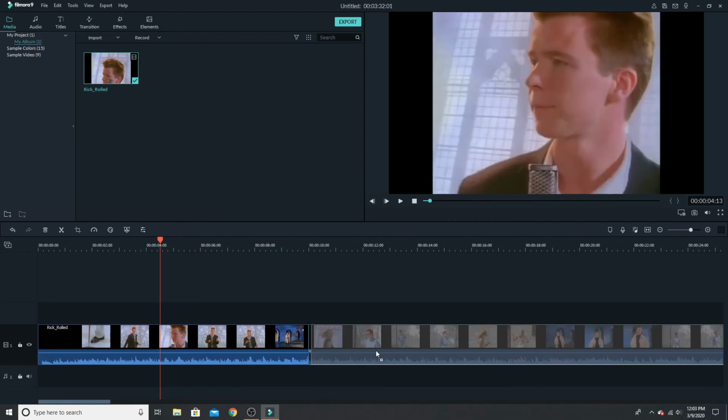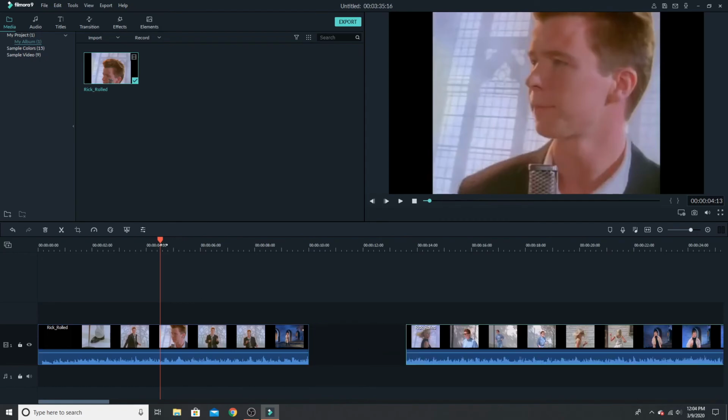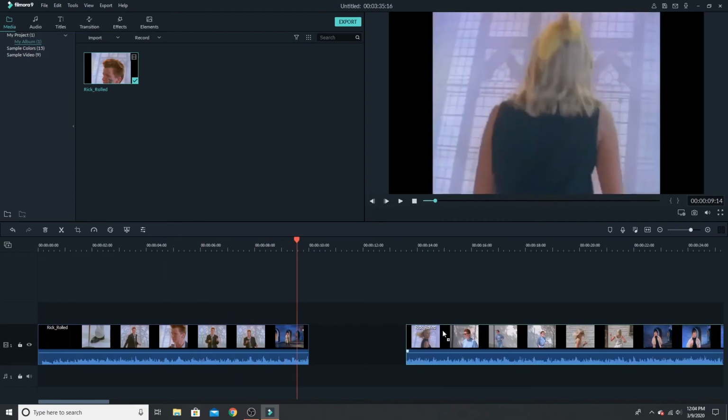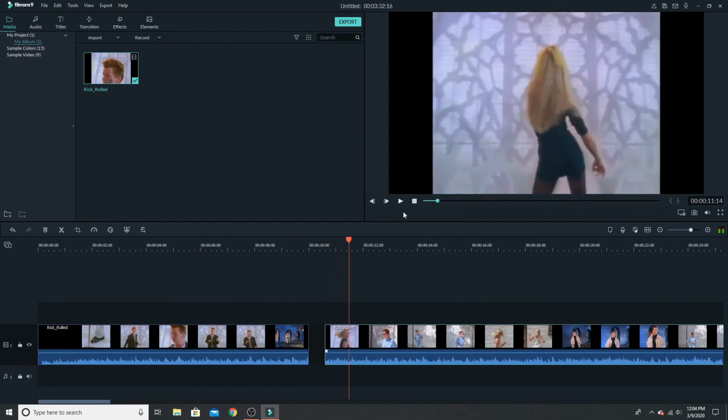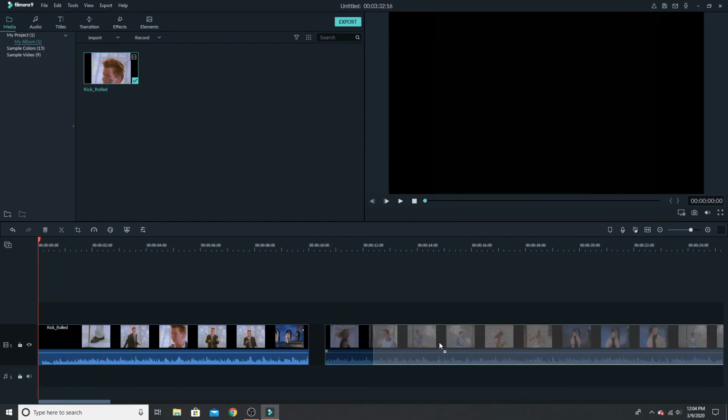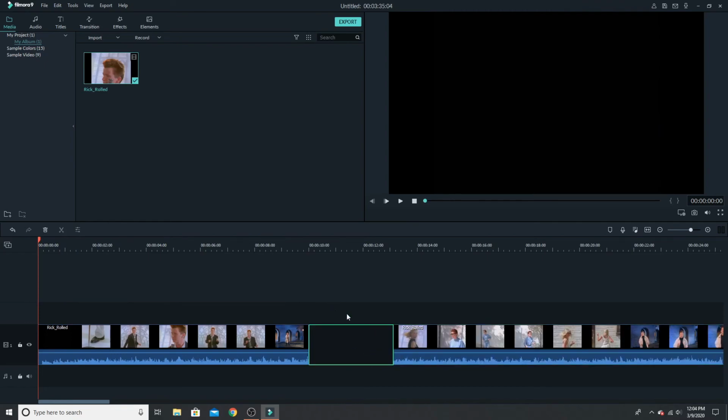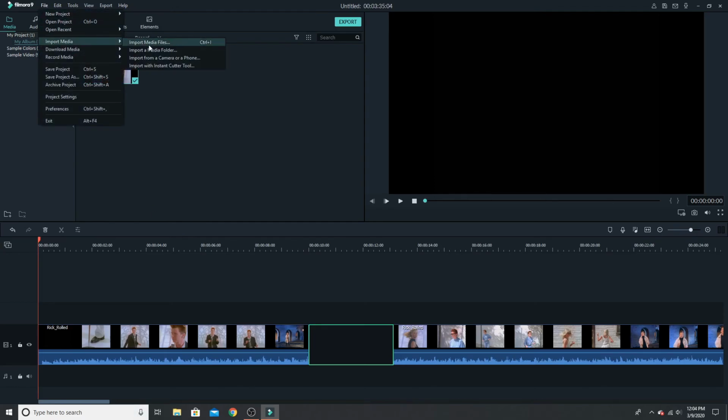And now what we can do with this is we can create gaps in the video. So if I go over here, shorten this a little bit, go to near the end of the video and click play, it'll cut off, and then it'll start back up again. And what you can do with this is you can put other videos in between, you can put pictures in between. Let me go and I'm gonna import